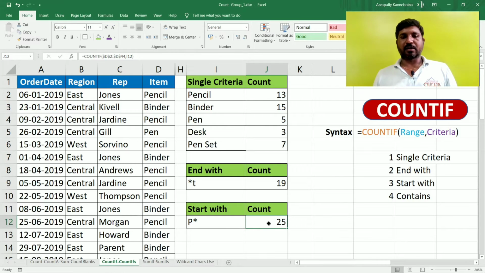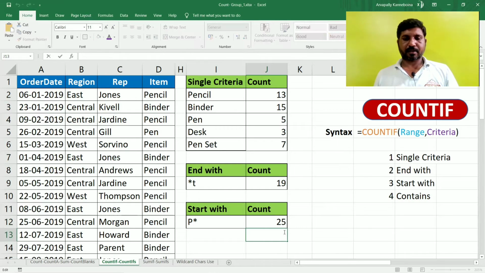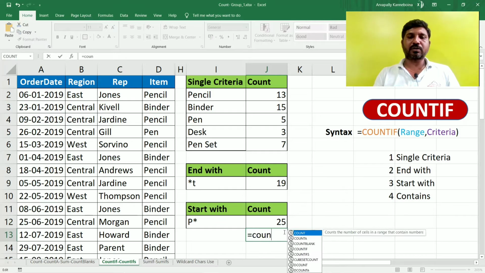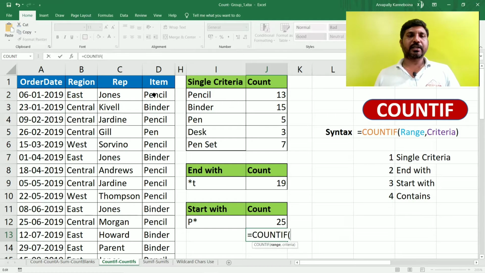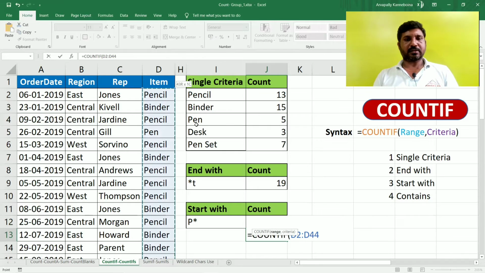This is the formula. So this is starts with. You can use the same formula. So you can write the criteria is equal to COUNTIF, select the range and write within the quotes P star.